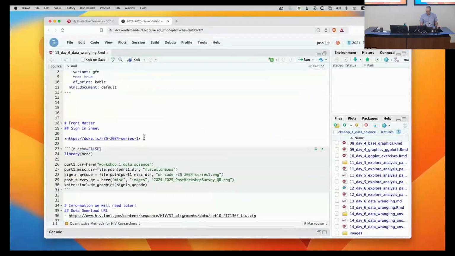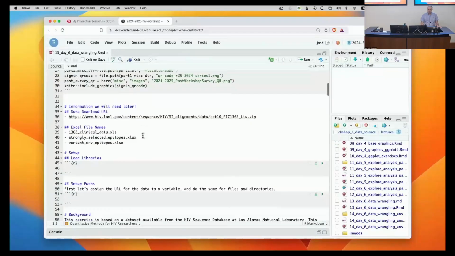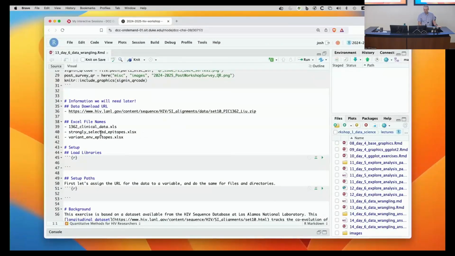Yeah, this part here is just to show the QR codes. Okay, so you can see here all the R chunks are blank, so we're going to walk through and fill them in. Let me give you a little bit of background